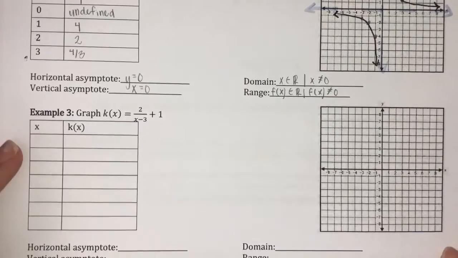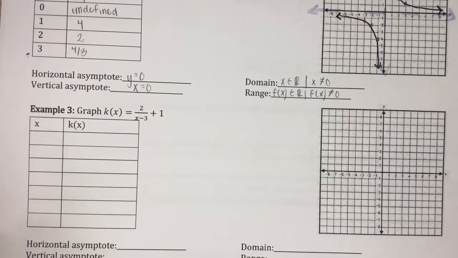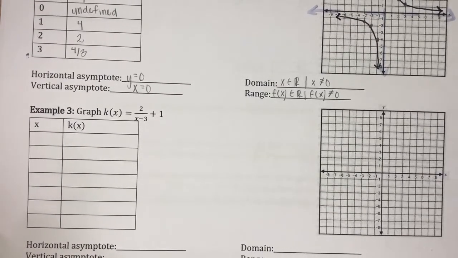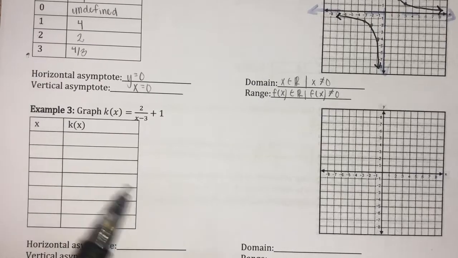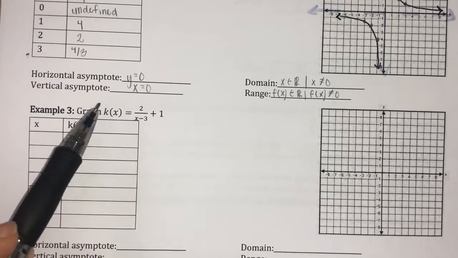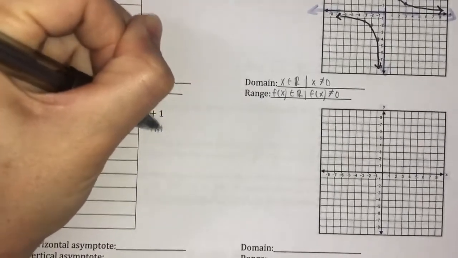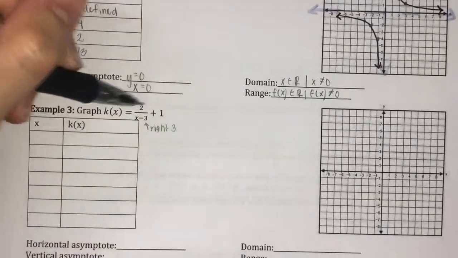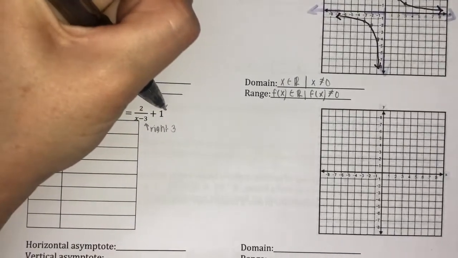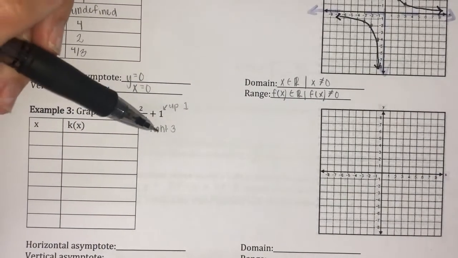And then the next one, example 3, is k of x equals 2 over x minus 3 plus 1. Even though rational functions definitely look different than the ones we've studied before, what's cool is transformations work pretty much the same way when it's in this form. So we're subtracting a number away from x, that means we're going right 3. We're adding a number after, that means we're going up 1. So since we're translating right 3 and up 1,